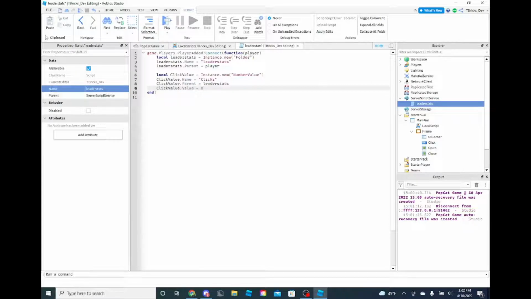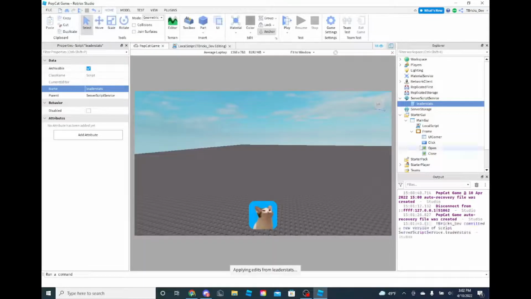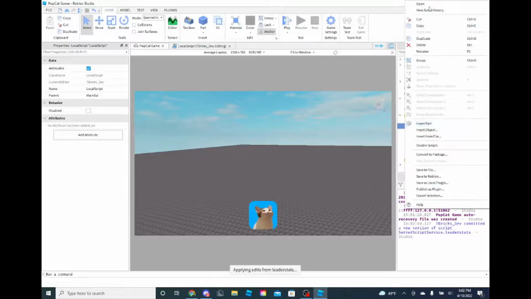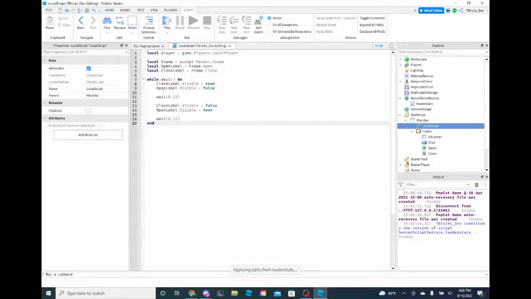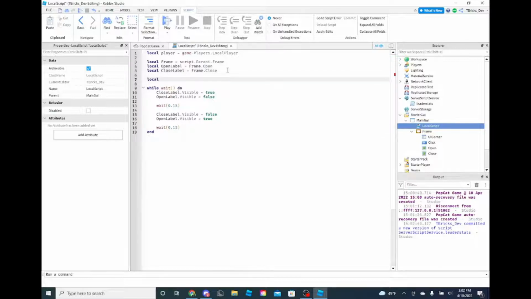Okay. This is basically the entire script that you will need. I'm actually not going to be using a data store just for the sake of time. And I think that's basically it. So now we got to go to the local script and we have to add this. I forgot to do this stuff. So first we got to assign the click button, which would be